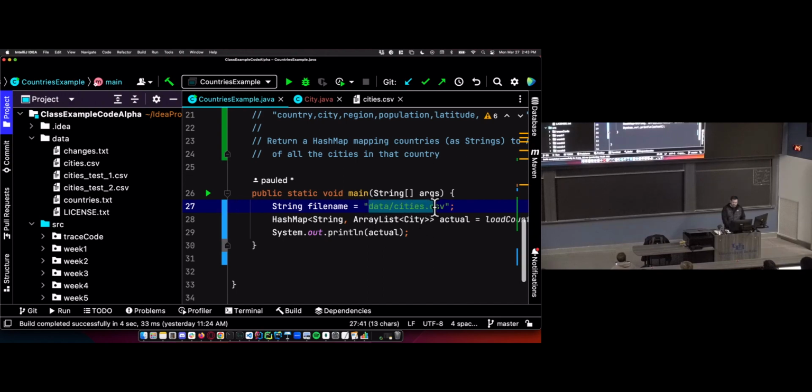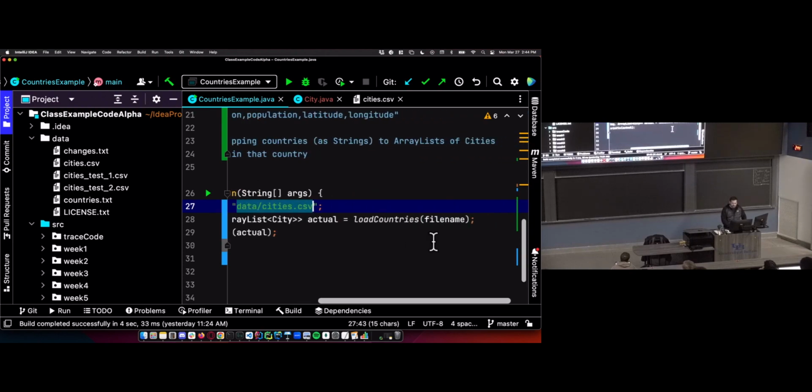So in your tests, when you're generating your test files for task 7, make sure every file name that you read in your test is data/file name. Don't hard code data anywhere into your code. Some people in their read songs method will say data plus file name and wonder why it doesn't work in Autolab. Make sure in your test your file name is data/cities.csv, and that's the argument that you're giving your method.